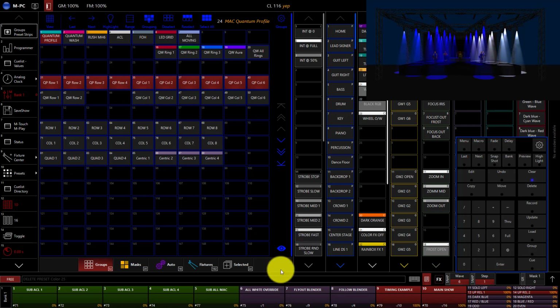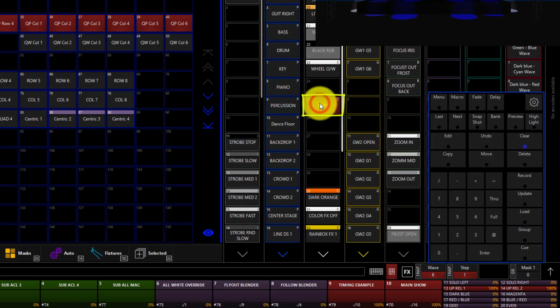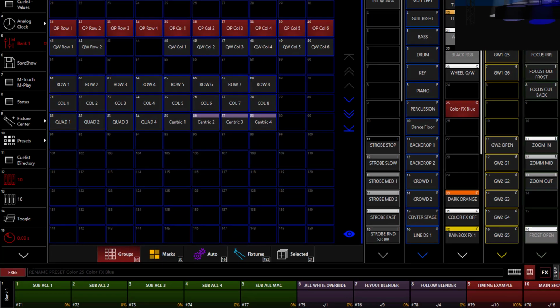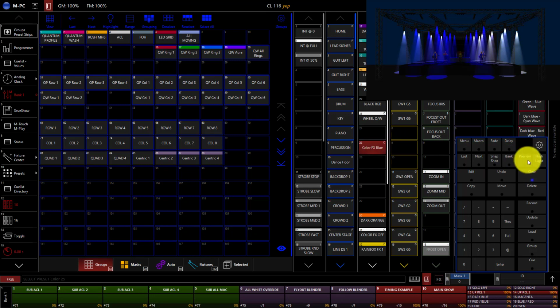I'm going to go ahead and record it to a regular preset. So I'll press record. I'm going to record it in a color preset, and I'll type on my keyboard to give it a name and hit enter. Now if I press clear twice, I can recall that whole color preset, or even better, I